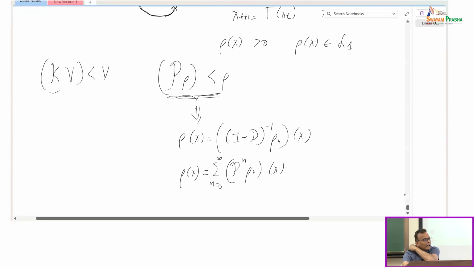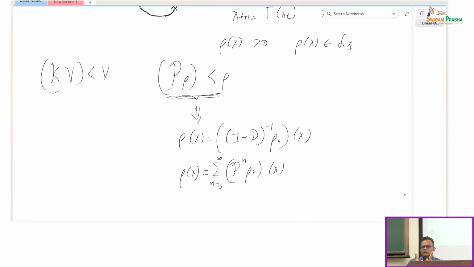But if I now say I don't want to design a controller which is stabilizing in the strict Lyapunov sense, but I want to design a controller which is stabilizing in this weaker almost everywhere sense, how does that synthesis problem look like in this density? Okay,